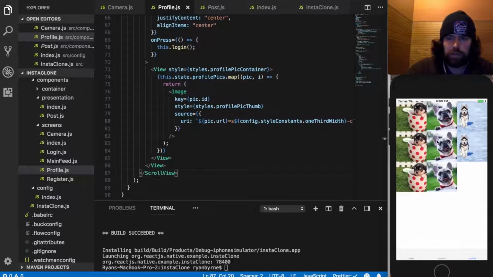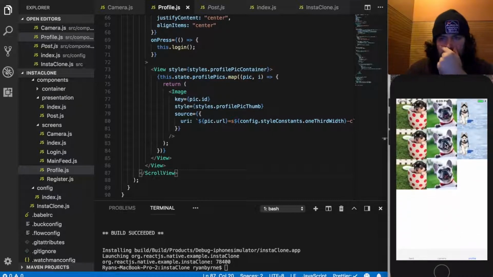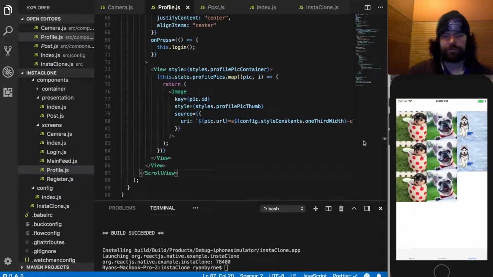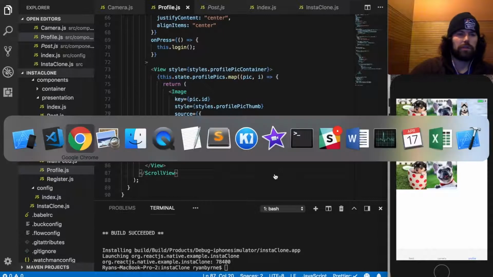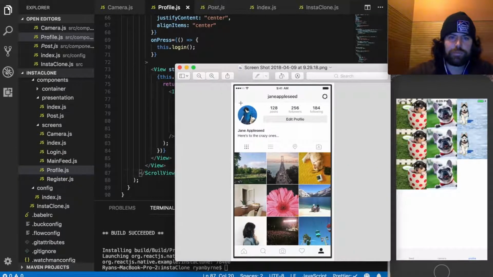Okay, so that's good. And now when we start adding more images, they won't overflow off the screen, we'll have this scroll. Kind of need this profile section here. And then we have this little,